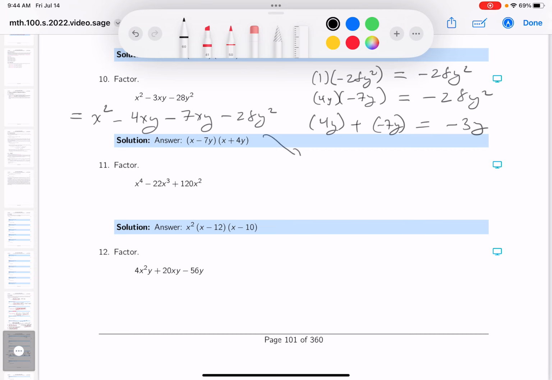What are you going to do here? Factor by grouping. The first two terms, an x comes out. We're left off with x minus 4y. On the second two terms, the second group I should say, what's going to come out? I'm going to say minus 7y. What are left off over there? Let's take a look at it. You're going to get x minus